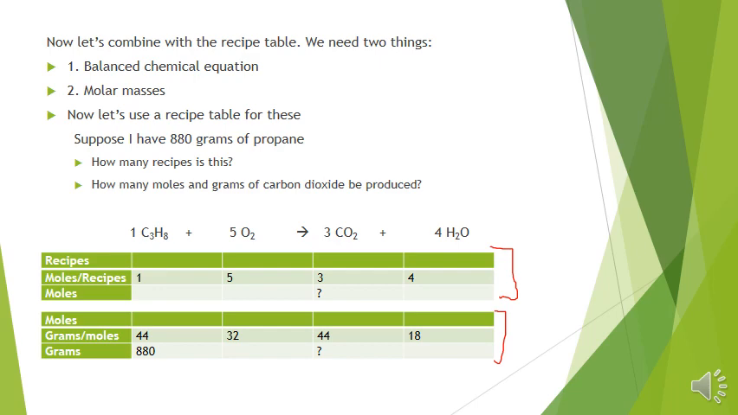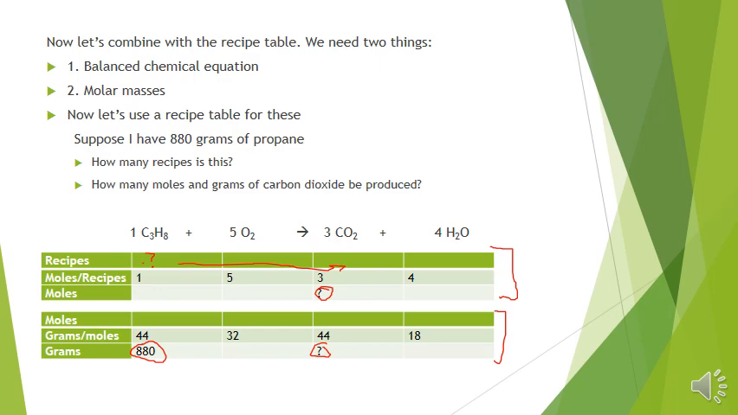So here's the problem. Let's say I have 880 grams of propane, and what I want to know is how many recipes is that? And then I want to know how many moles of carbon dioxide and how many grams of carbon dioxide. So the first thing you need to do is find out how many recipes. And then once you find out the recipes, you can come over here and put numbers here and then go down. So the first thing to do is figure out how many moles